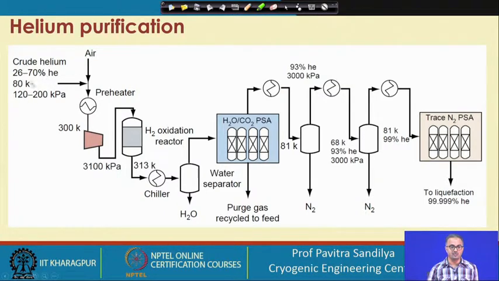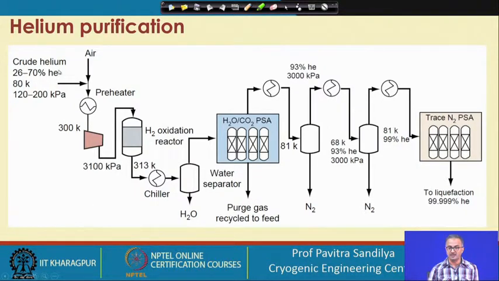Here we get the crude helium, which is coming to about say 70% maximum at this temperature and pressure. It is mixed with air, then preheated, compressed and then taken to this reactor. It is being reacted and then it is cooled down. By cooling down we are condensing the water vapor into liquid water. The water is drained out, then it is put in a PSA unit, then this purge gas is recycled to